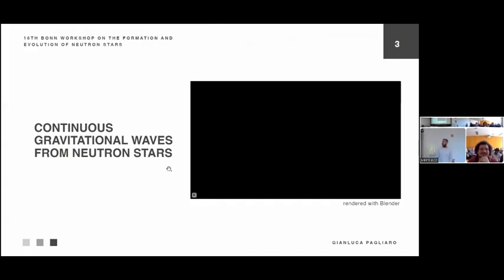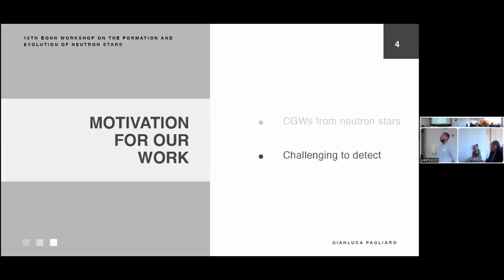I'm just gonna, I hope this works. Doesn't crash. No, it doesn't work. Well, imagine that you have an animation there and you're seeing a non-axisymmetrically deformed object that, as it spins around its axis, is emitting a continuous wave at a frequency which is double the spin frequency of the object. Of course, you saw that. It was an amazing animation. I took one night to do that and it doesn't work.